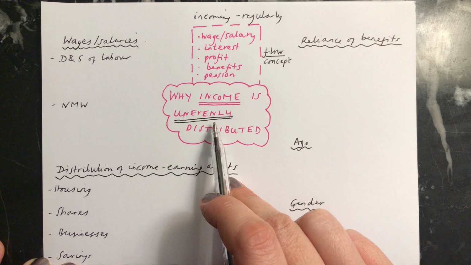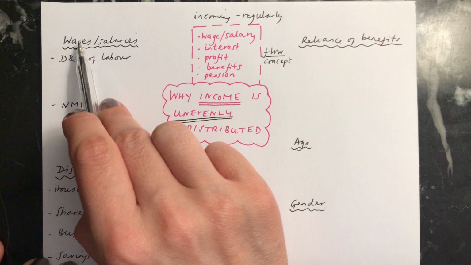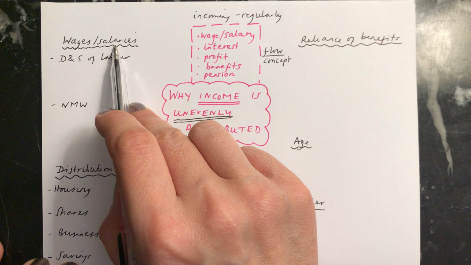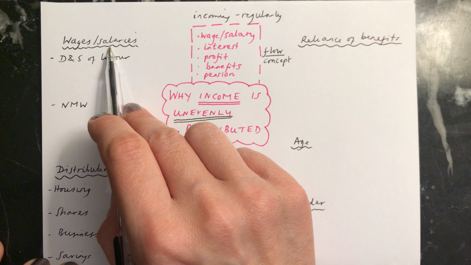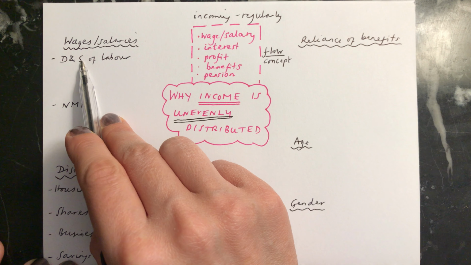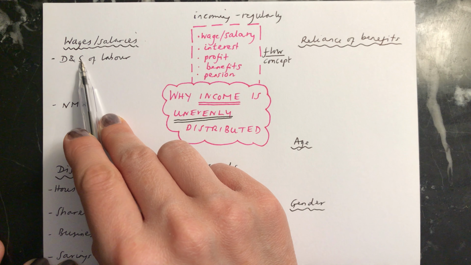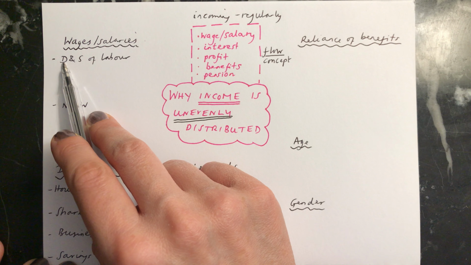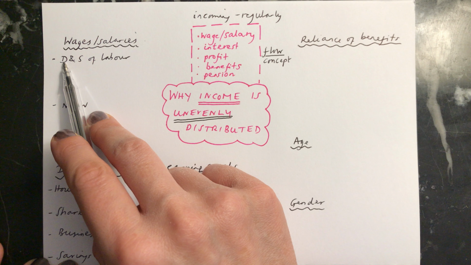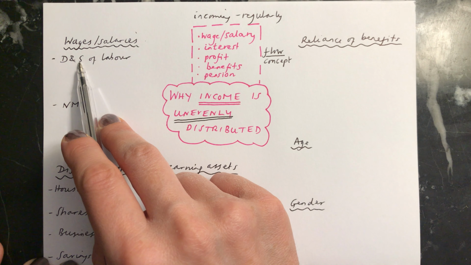So the main reasons that it's unevenly distributed are, the first one, wages and salaries, they're different for different types of jobs. And we've learnt previously how the wage rate in any industry is determined by the demand for labour by firms in that industry and also the supply of labour in that industry. And for some jobs, there's a lot of demand for people. So at the moment, there is a big shortage of computer game programmers, for example. And for that reason, there's very high demand. There aren't enough people with the skills to do that job, so supply is low and therefore you can be relatively well paid.